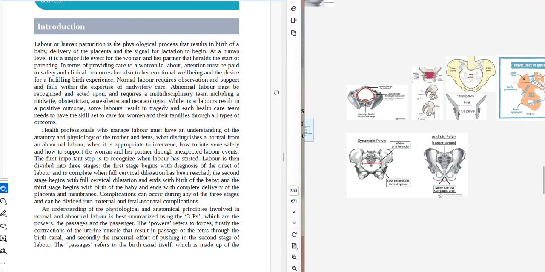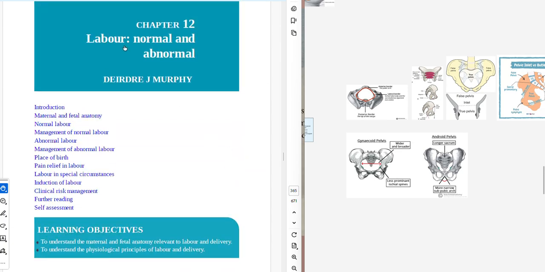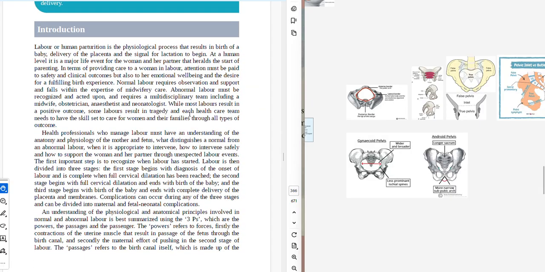All right, so we're going to do the labor part now. This is from 10 teachers. We're going to do labor, normal and abnormal. Let's begin. So labor, or human parturition, is the physiological process that results in birth of a baby, delivery of